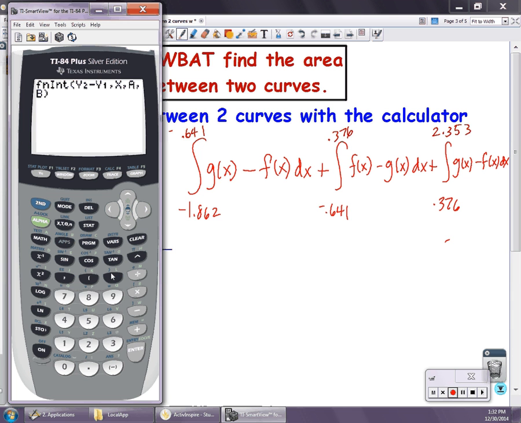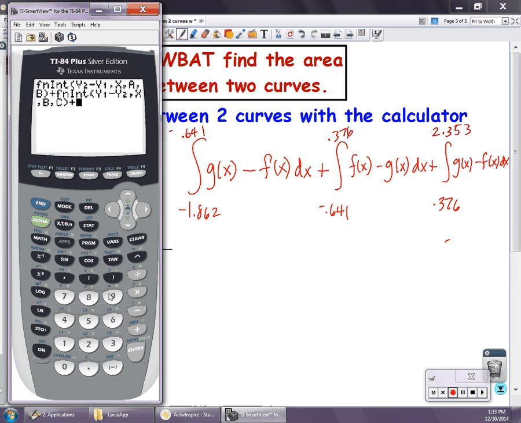That's the first integral. I'm going to add to that math 9, so I'm going to integrate. The curves change, so y1 is on top. Again, the newer calculators make these functions much easier to access. Vars, y vars, function, y number 2, comma, in terms of x, comma, from alpha b, comma, to alpha c, close, plus the last